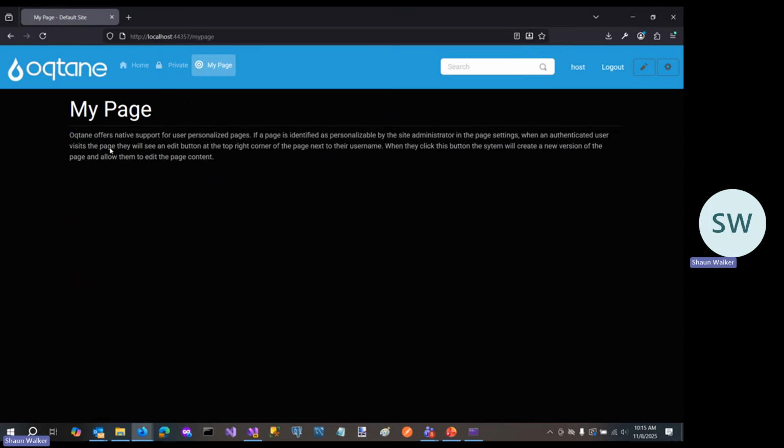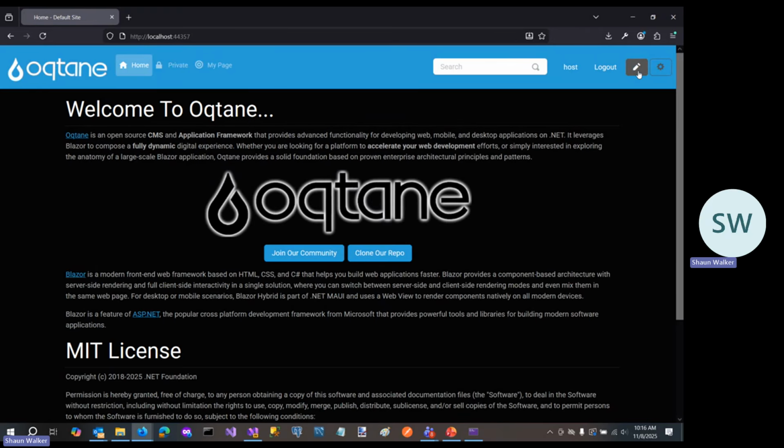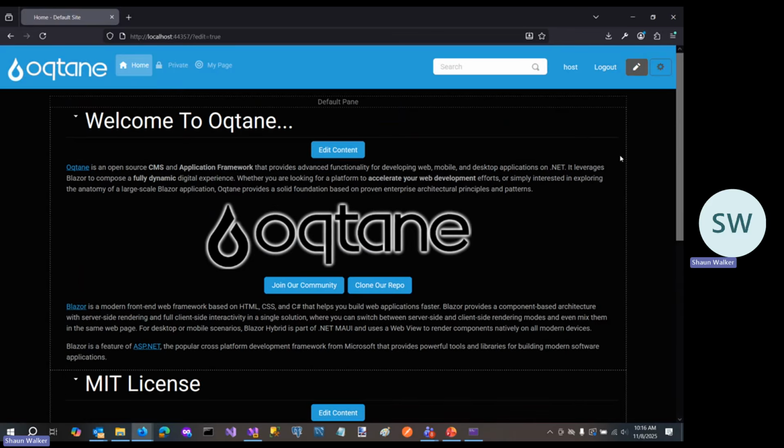It has a My Page capability, so if you want to have a portal-like capability where each person who's logged in can have their own page that they can customize, it has that capability as well. If we go to the home page and I click this pencil icon, we go into what we call edit